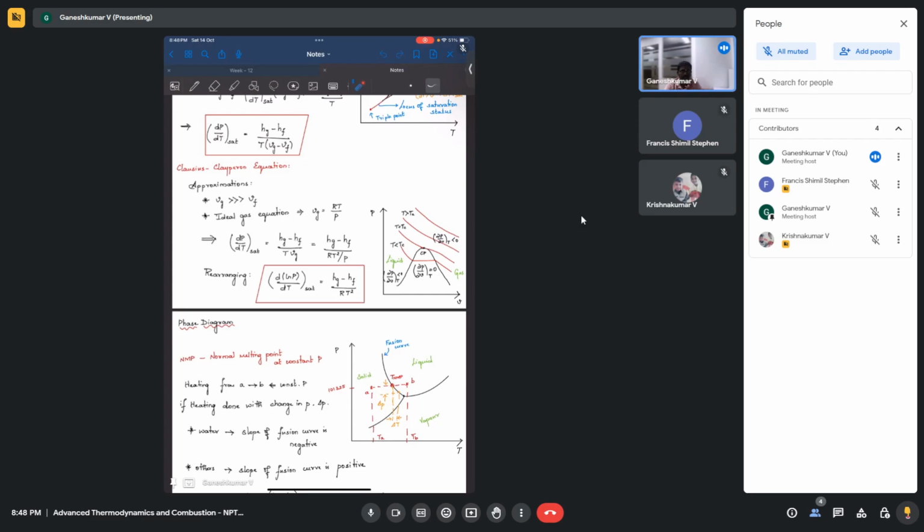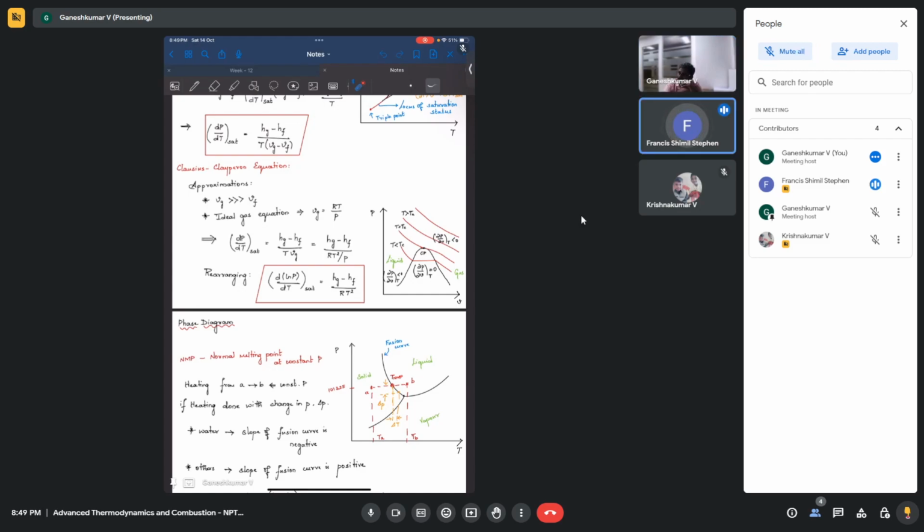Similarly, for a phase change system, you will have P, you will have VF, VG. So these three things are required to fix a system. Either you can have P, VG and VF, or you can have P, VG and XF. Similarly, you can have P, VF and XF. These things can also fix the system because XF is going to tell me how much amount of fluid is going to be present, and the remaining is going to be gas. So automatically everything gets fixed. So probably I feel quality should be a property.